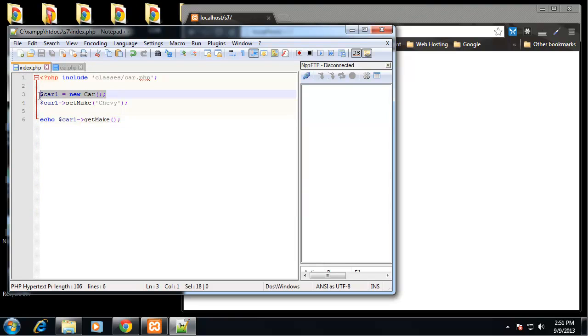So here we created an object. We created a new car. Now with a constructor, we can have something happen when we commit this line, when we parse this line. So let me get rid of these set and gets,